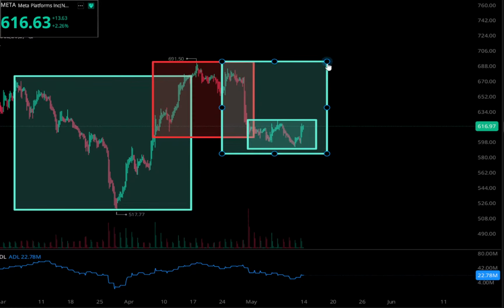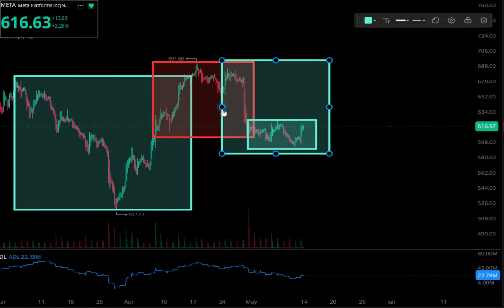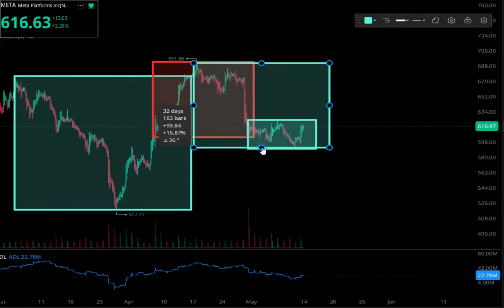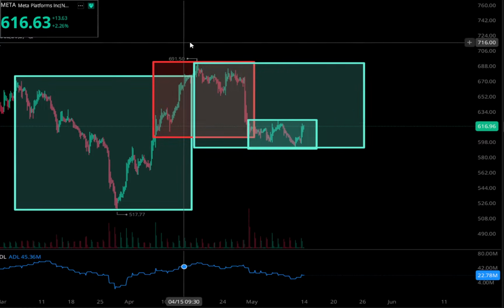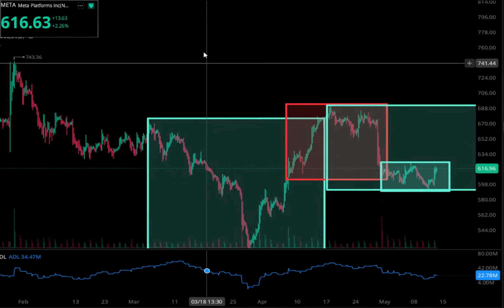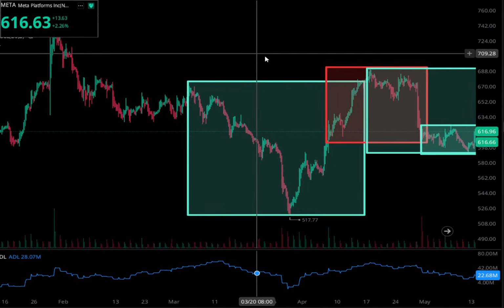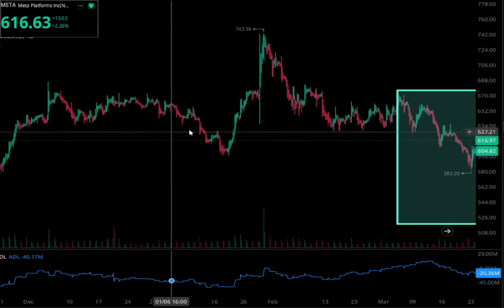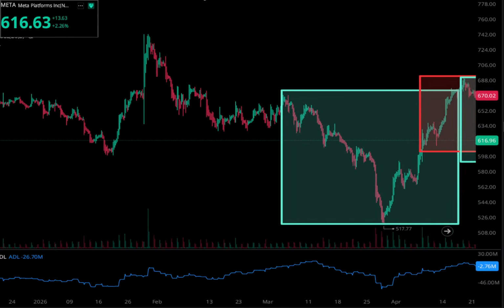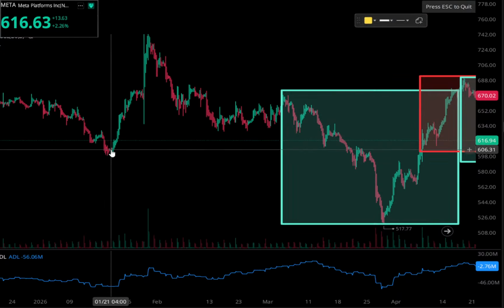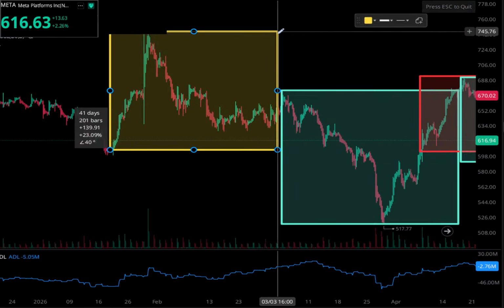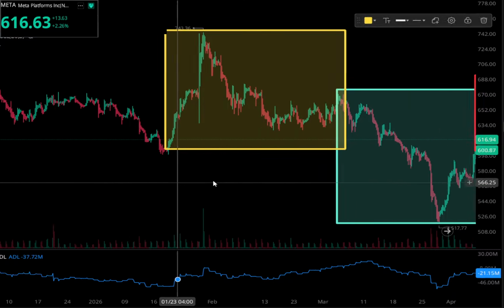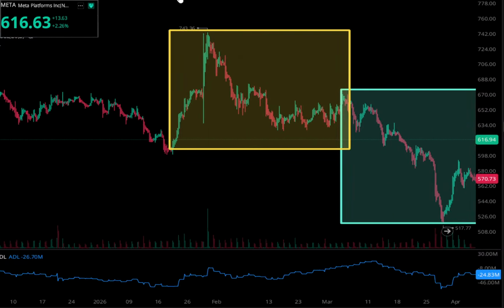Okay. Well, what's that cup likely going to do? It's likely going to pull all the way to the top of this and invalidate it. Okay. So we can kind of just piece things together. Now we have this larger structure here. Actually has not been fully invalidated yet. So is this a cup top